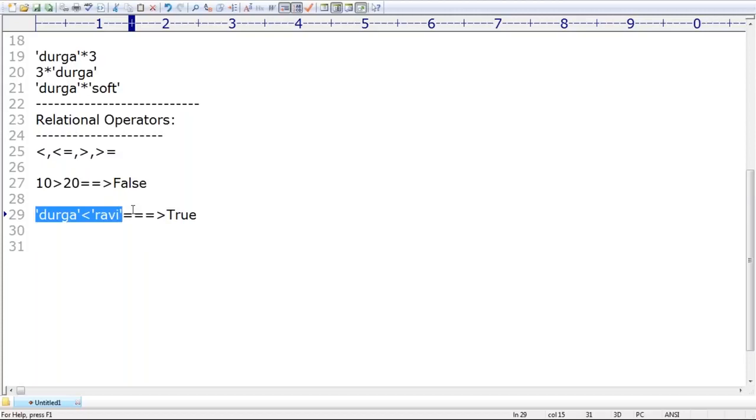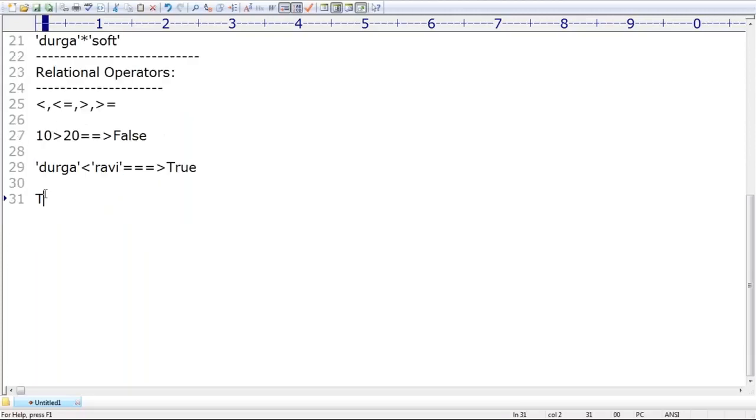Next, you can perform comparison for the Boolean type also, no problem at all. What is the answer we are going to get for True greater than False? The answer is true, because internally true means 1 and false means 0. So 1 greater than 0, and the output is true by default. Are you able to understand?